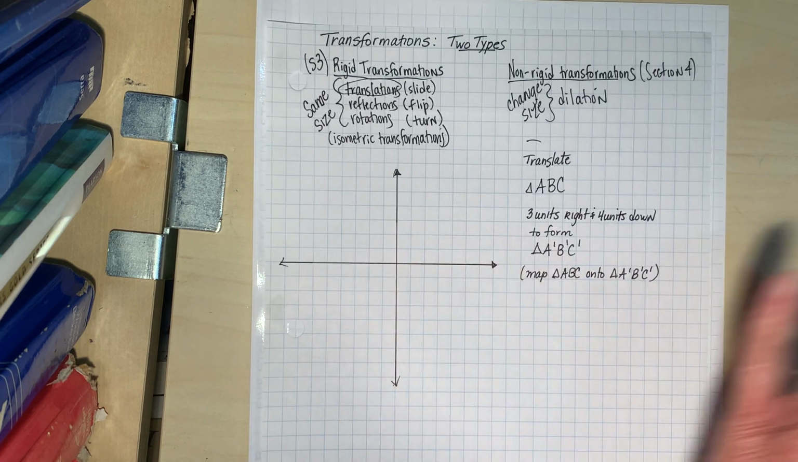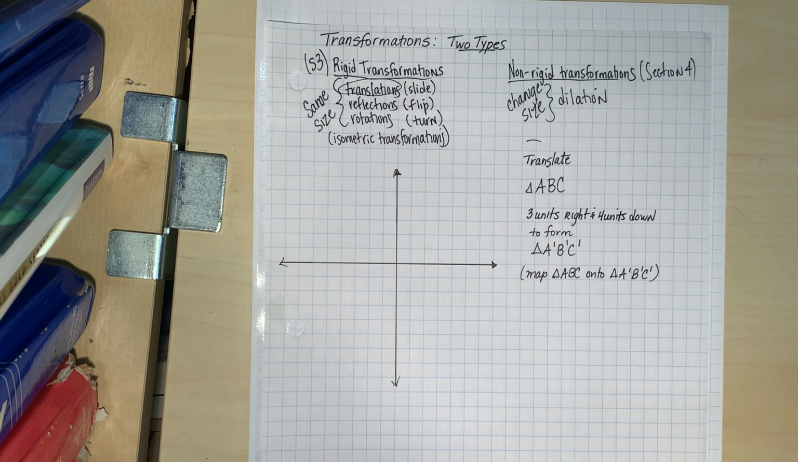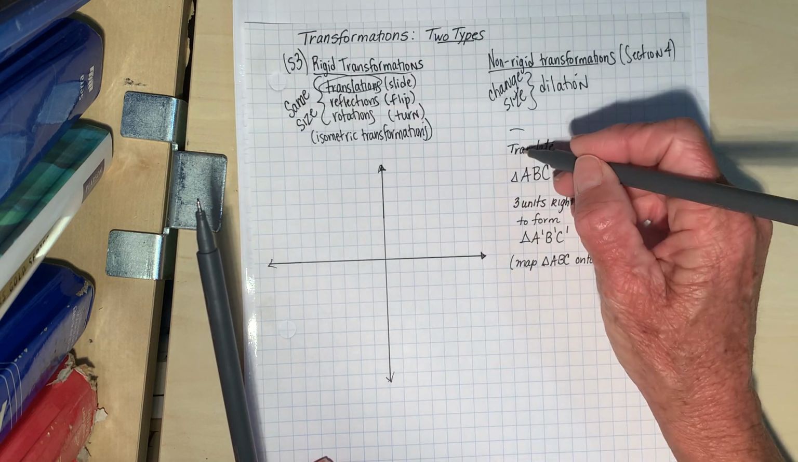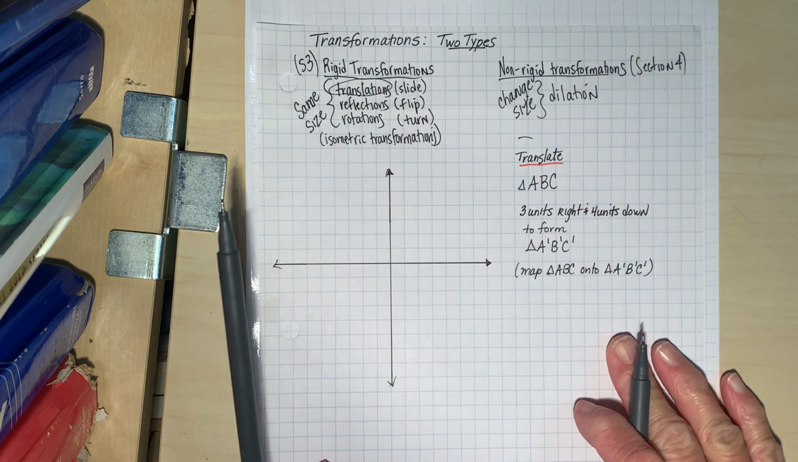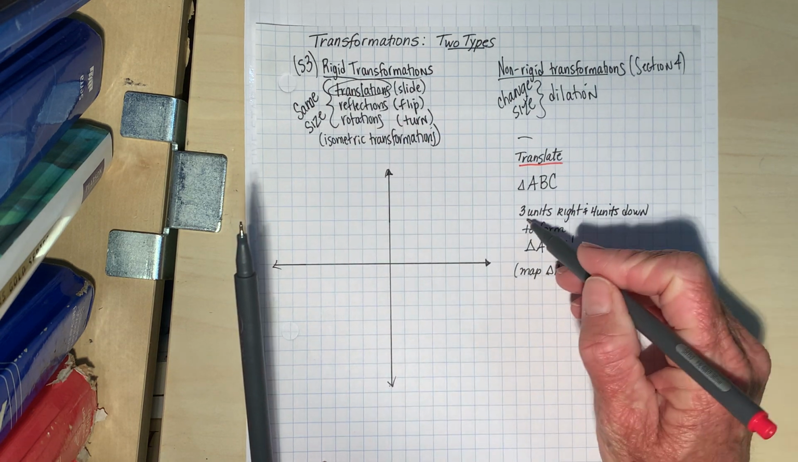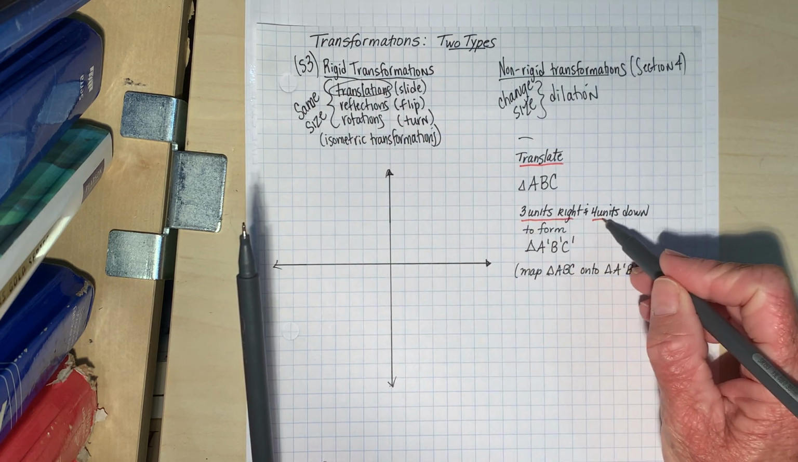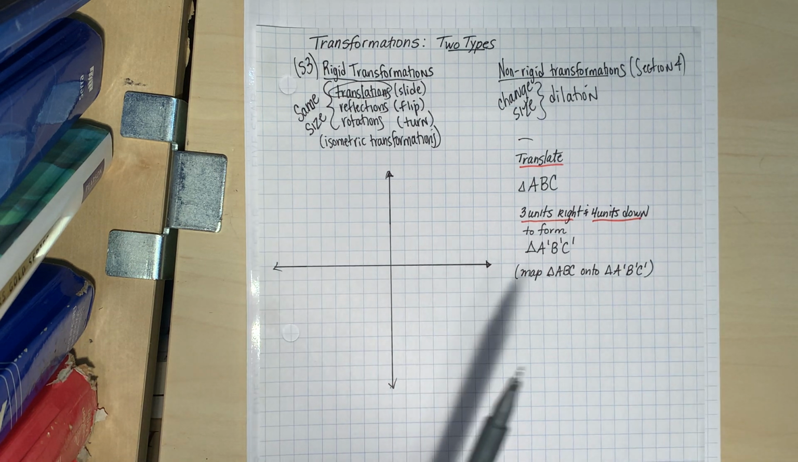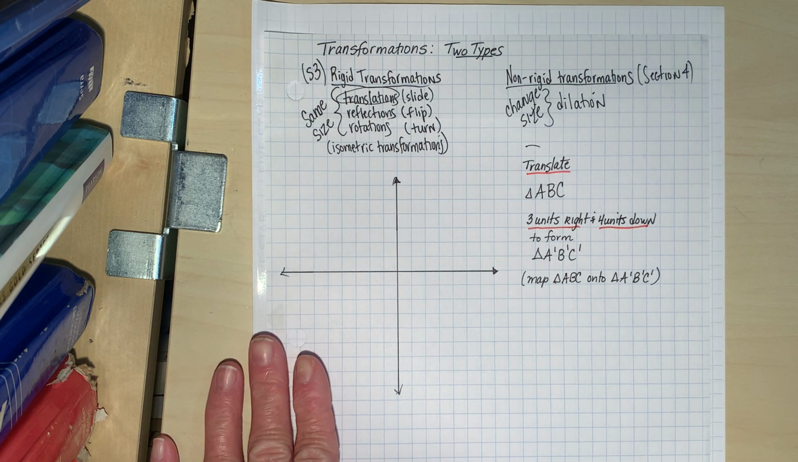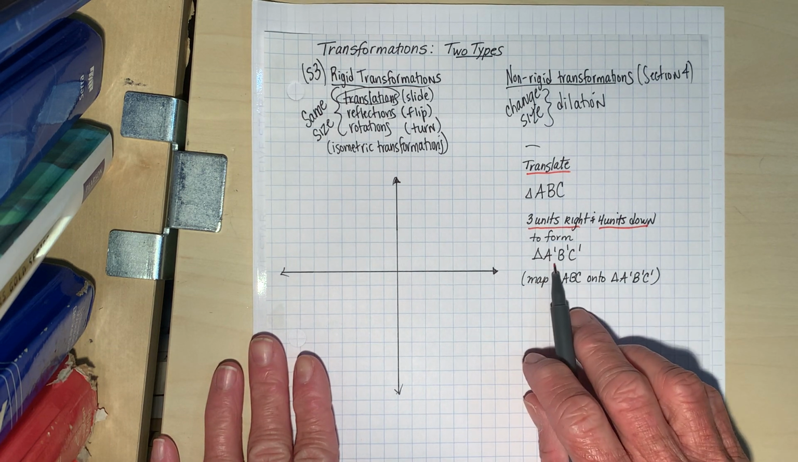First of all, just some terminology when it comes to transformations in general. Here's our first problem, and I'll introduce some terminology as we go. We're going to take triangle ABC and translate it, so we're going to slide it. We're going to move it 3 units to the right and 4 units down. You did this in class on the worksheet when you were finished with your review. And we're going to form triangle